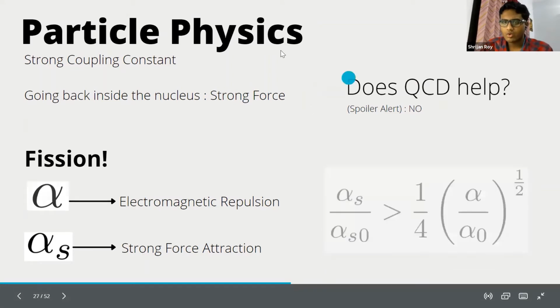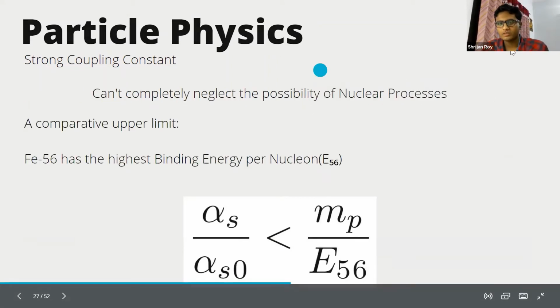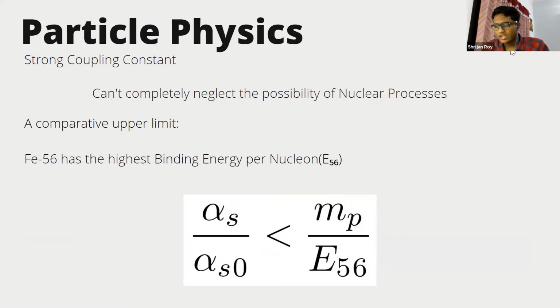But as we know, we cannot completely neglect the possibility of nuclear processes, because they are also important for stellar formation, for galaxy formation, for everything. Nuclear processes are important, so we cannot neglect that. So we would want that at higher nuclei and lower nuclei also. So here we use binding energy. We want that if we provide a proton with some binding energy, it should come out of the nucleus and perform some nuclear processes.